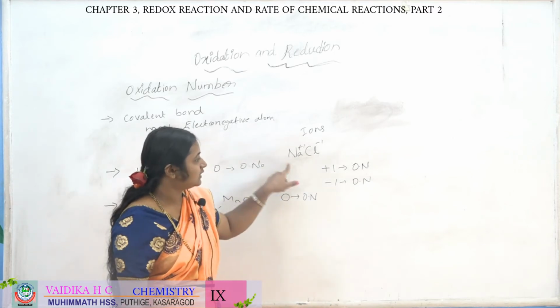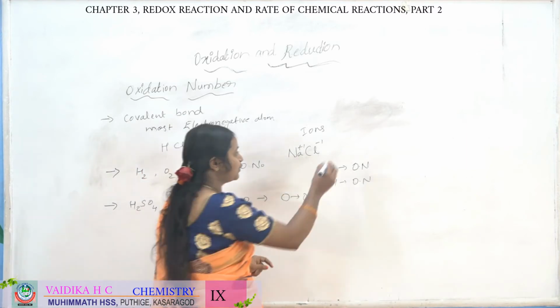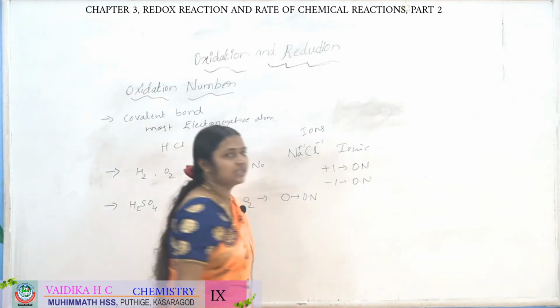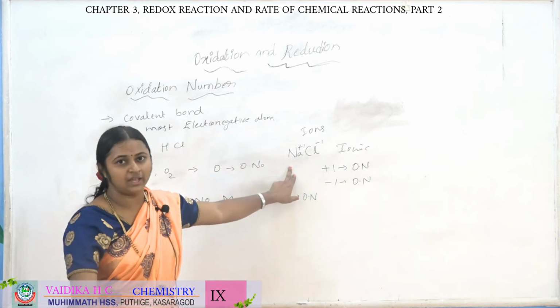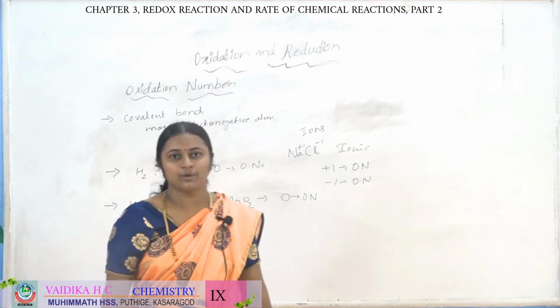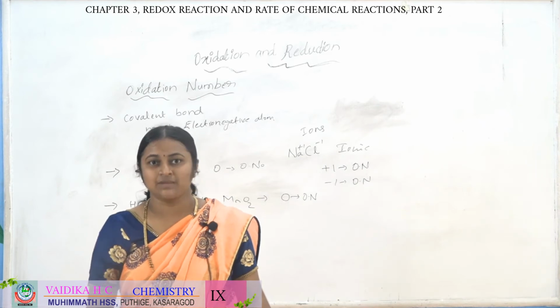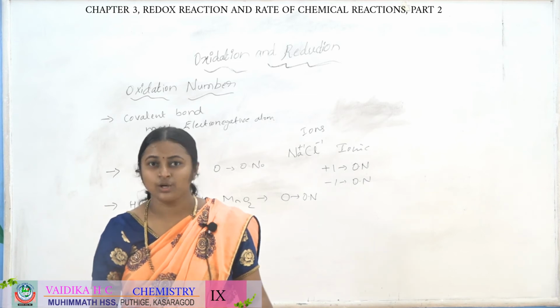Okay, it should be in the ion state and the compound should be ionic. But as you know, all the compounds are not ionic, right? Here the sodium chloride is ionic, but all the compounds are not ionic. As you have seen in the second chapter, when the covalent bond is there, covalent compounds are also there, right?